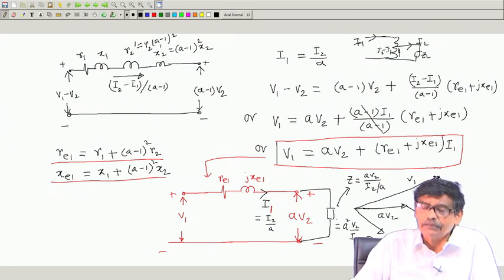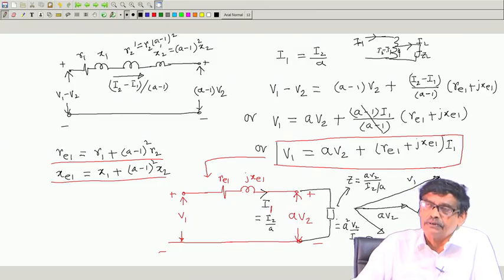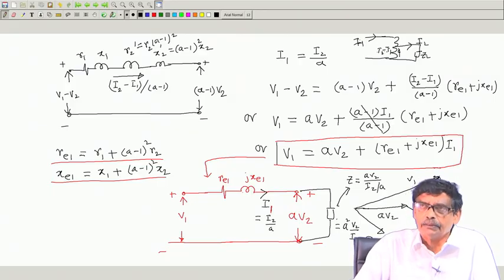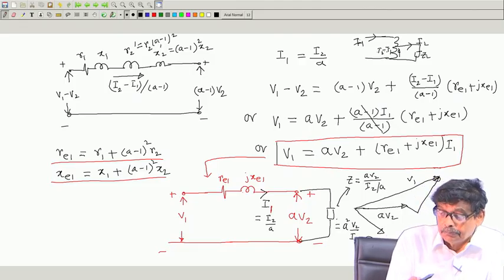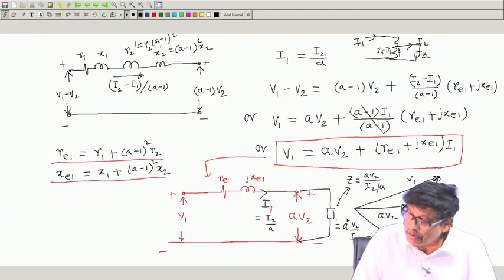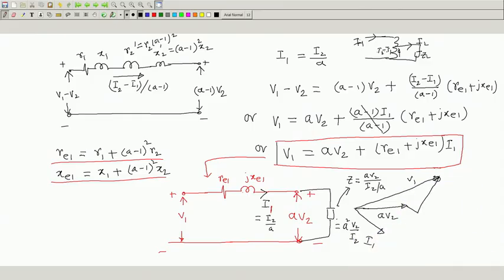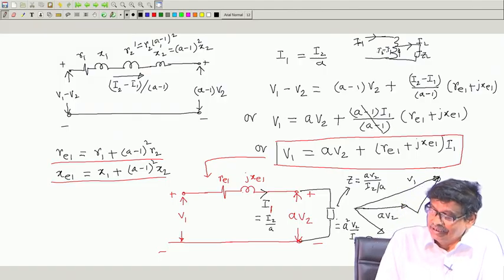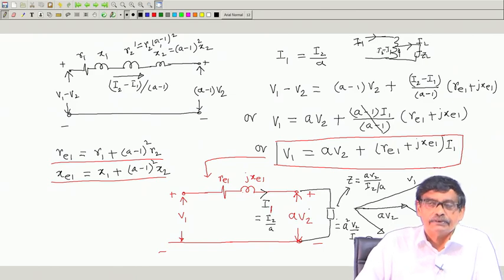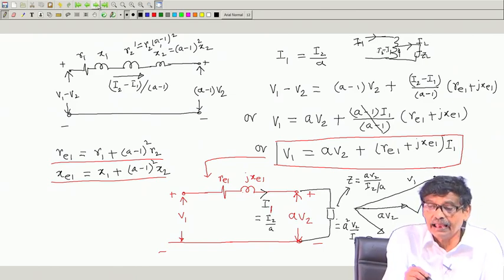Therefore, this point should be remembered. So, the autotransformer equivalent circuit, if you want to draw, is slightly difficult; if you are conceptually okay, you can easily develop it, but one should be careful. The winding leakage impedance will be multiplied by (A minus 1) whole square, but the load impedance should be multiplied by A square, where A is n1 by n2, is it not? So, that is all. I mean, the equivalent circuit we have completed.